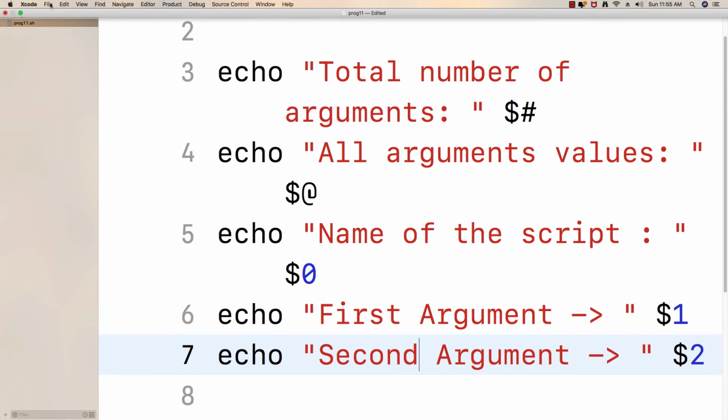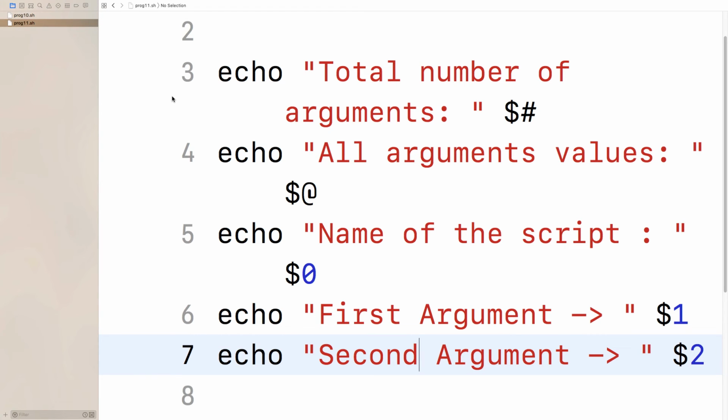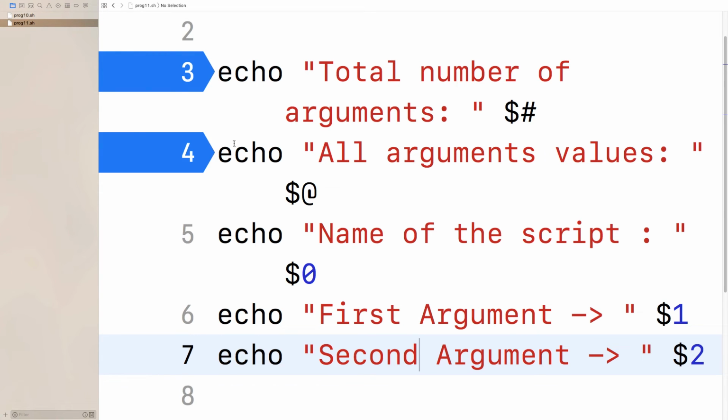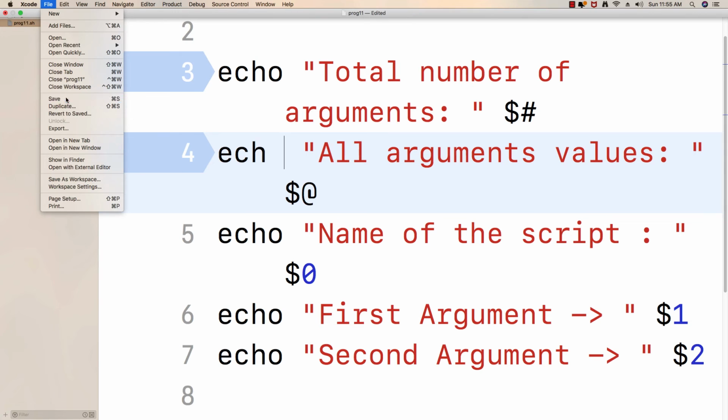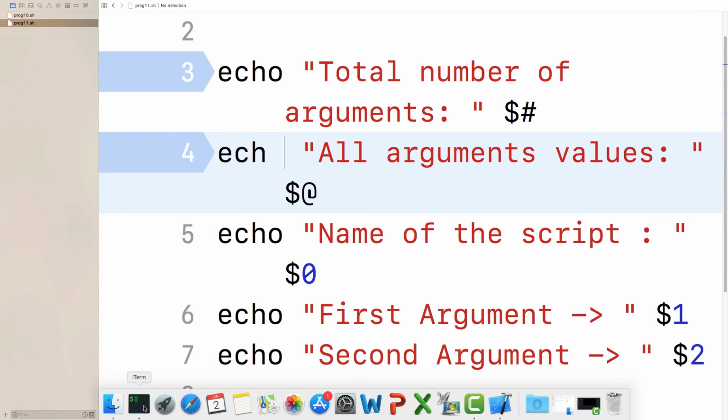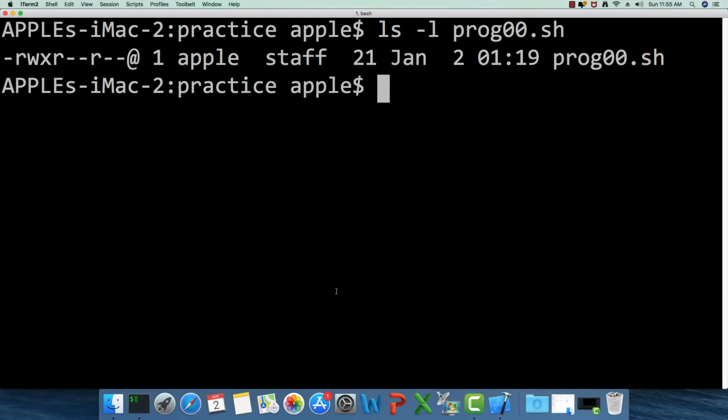Now if I go ahead and save this, let's see how to execute this.